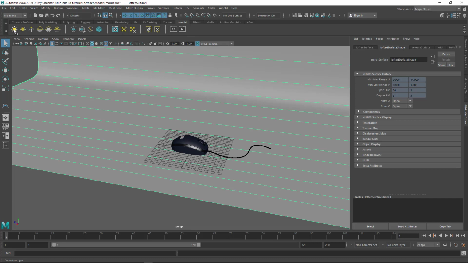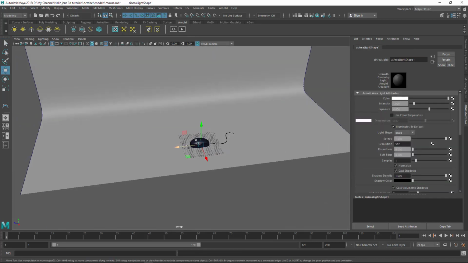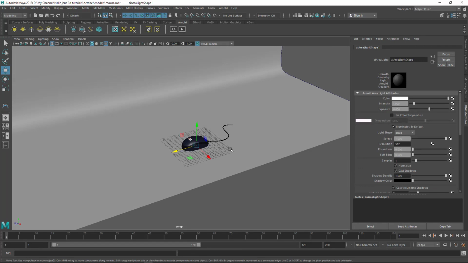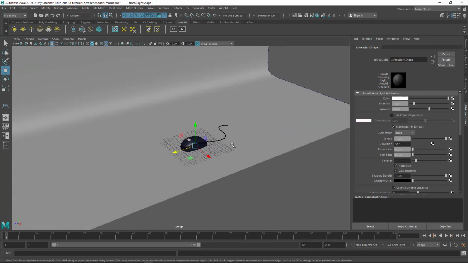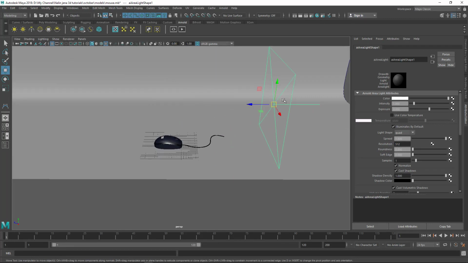Here I'm going to use the Arnold area light. So let's click on that. Here we have the light. It's inside the mouse, a small little light. We need to scale it. So let's scale it from the center, make it big, and I'm going to put the light from this direction